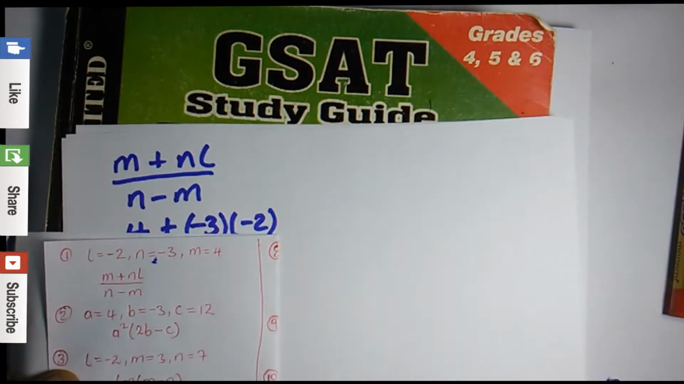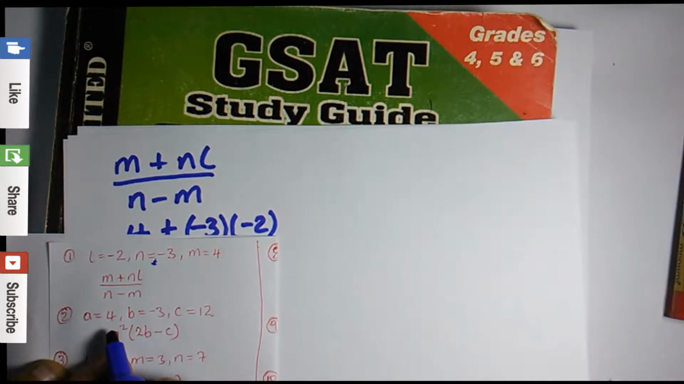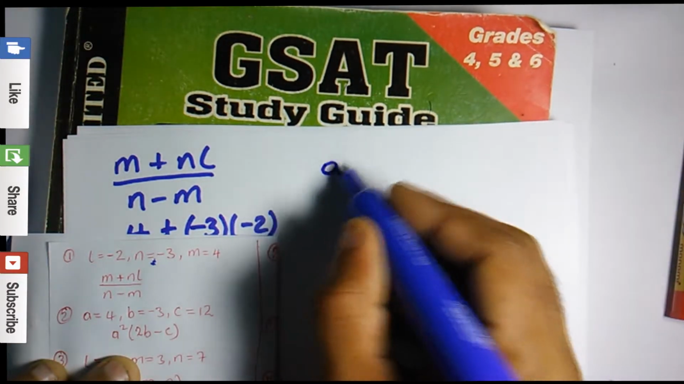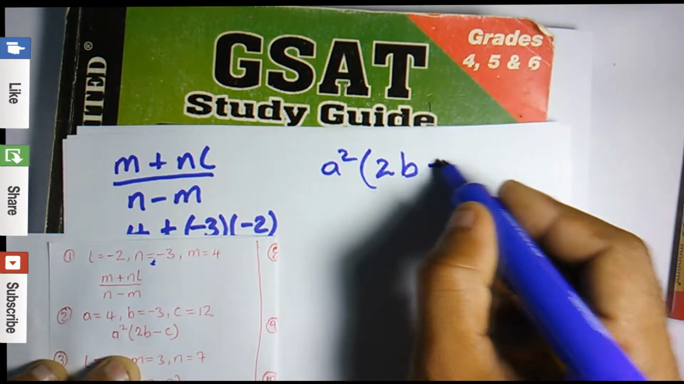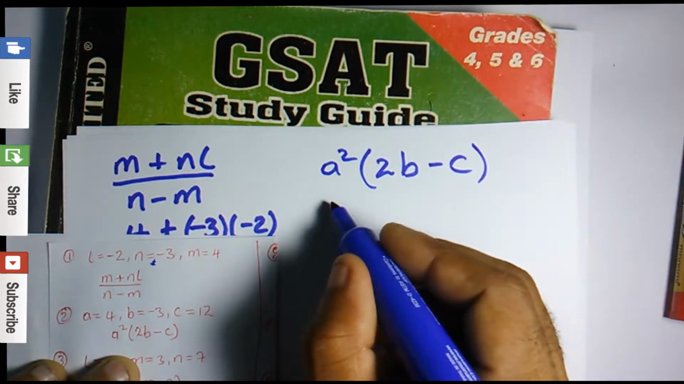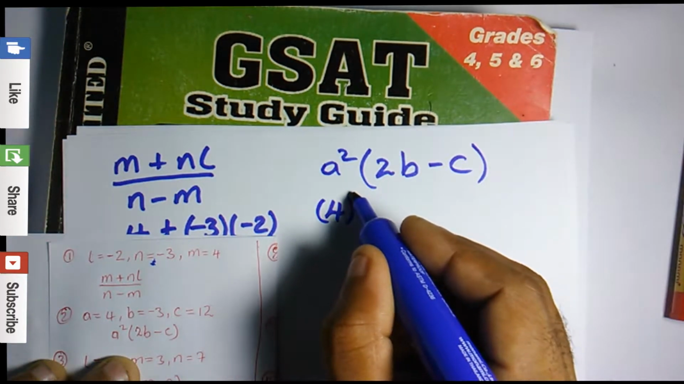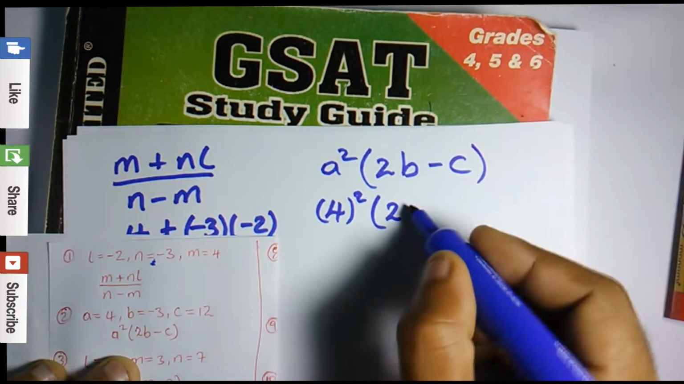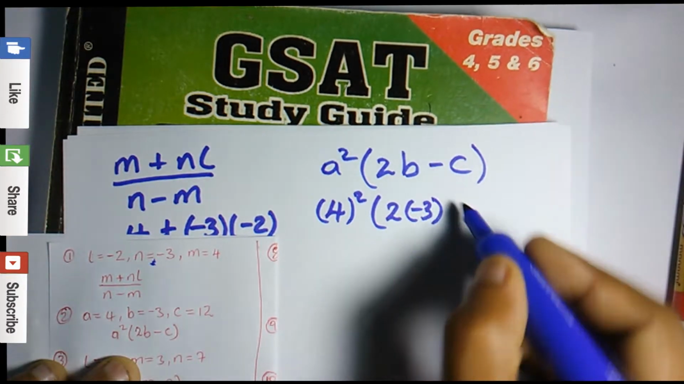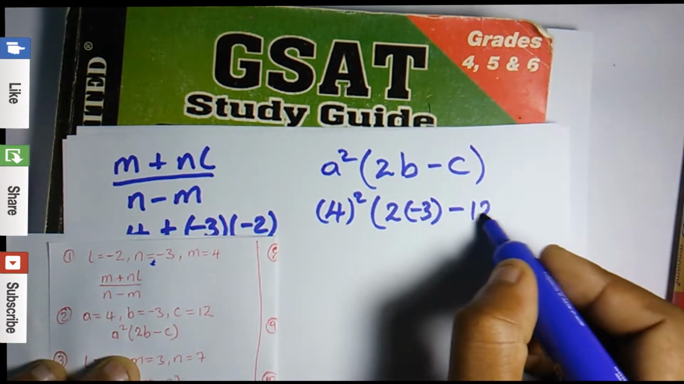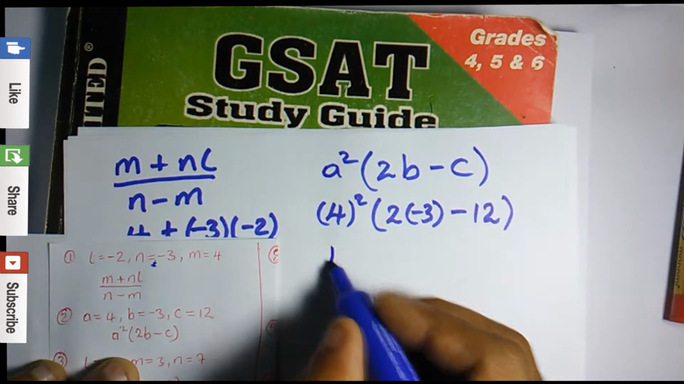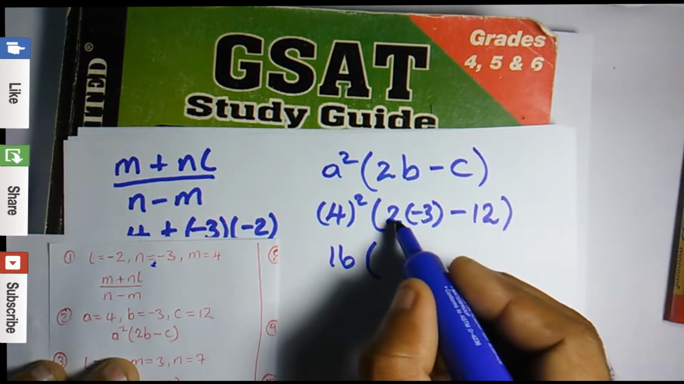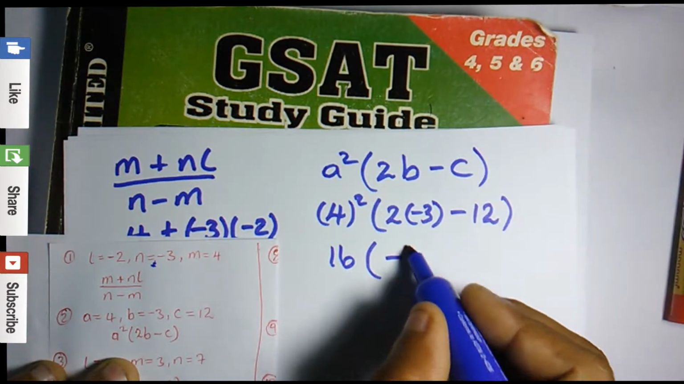Now the second one we have on the paper, we have A equals 4, B equals -3, C equals 12. We're supposed to evaluate A squared times (2B minus C). So A, remember A is 4, squared, bracket 2 times B, which is -3, minus C, which is 12. Now 4 squared, remember we did this in a previous video, 4 squared is 16, times 2 times -3 is -6,